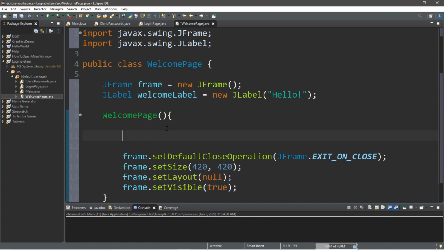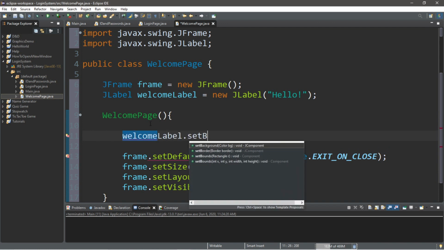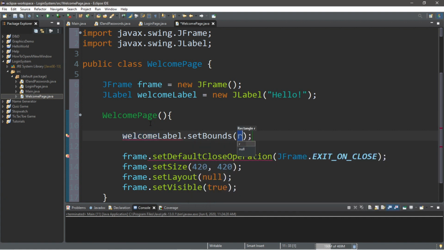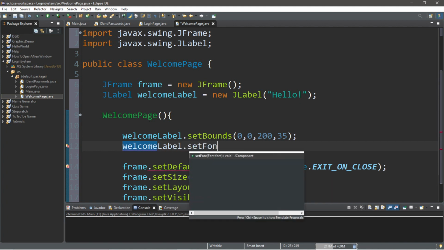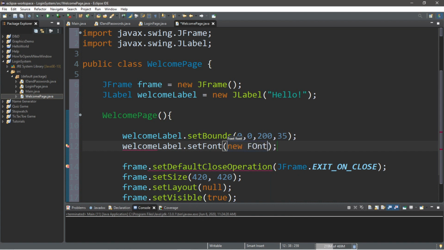Okay, let's add our welcome label. So welcomeLabel dot set bounds. We'll place this maybe in the top left corner. So 0, 0. We'll make this 200 pixels for the width and 35 for the height. And then let's also set the font. So welcomeLabel dot set font, new Font.